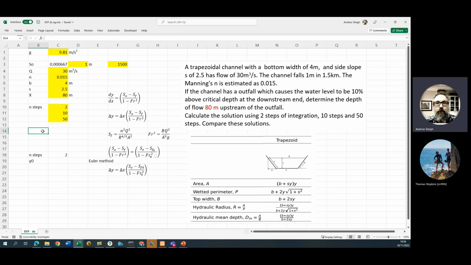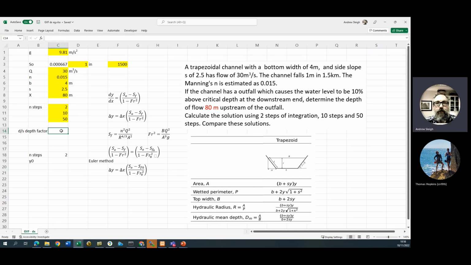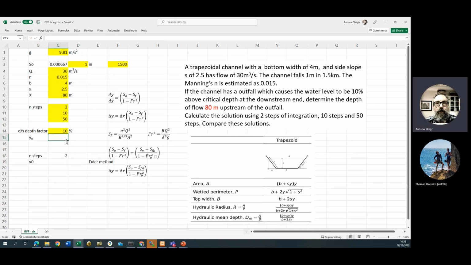So actually what I need to put in here is a downstream depth factor, of 10%. Okay, so then we can work out our y naught, which I can tidy up, to be equal to